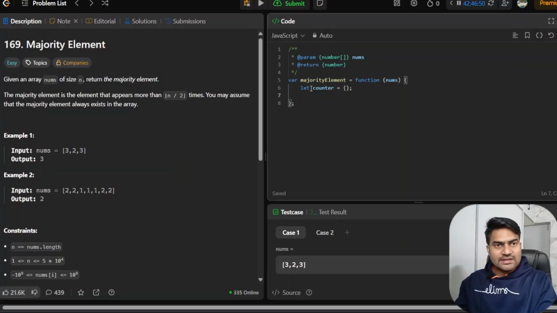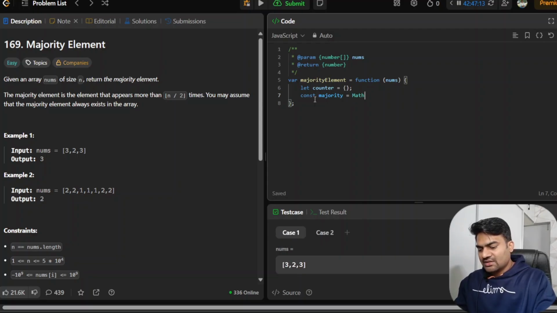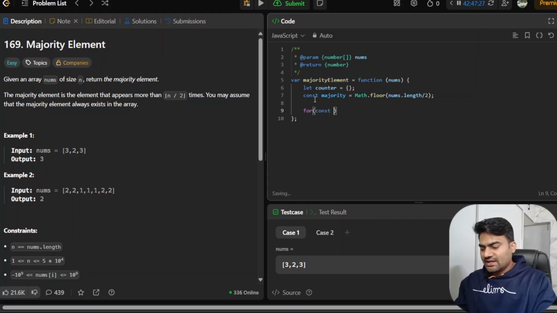Then let's take one more variable, constant majority. This will be math.floor of nums.length by 2. This will give the value of n by 2. Now I will iterate over the array. So I will use a for of loop: constant num of nums, and then what I will do, I will